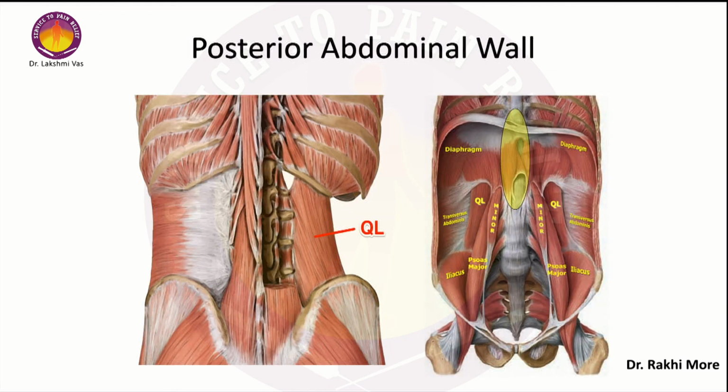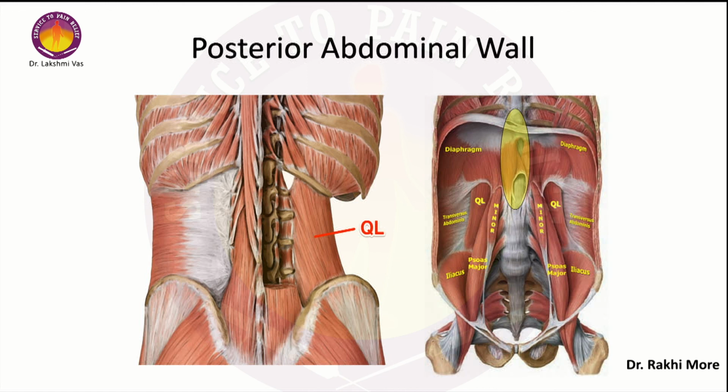One slide I wanted to show regarding the muscles of the posterior abdominal wall. Though this is not a part of my talk, the muscles in the posterior abdominal wall, as you can see from the posterior aspect, we can see the thoracolumbar fascia, which is giving origin to the transverse abdominis muscles on the left side, and we can see on the right side the quadratus lumborum muscle. In the image on the left side, there is a QL labeled the quadratus lumborum muscle.